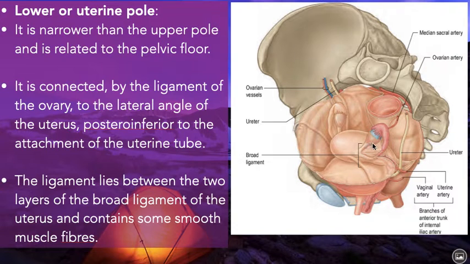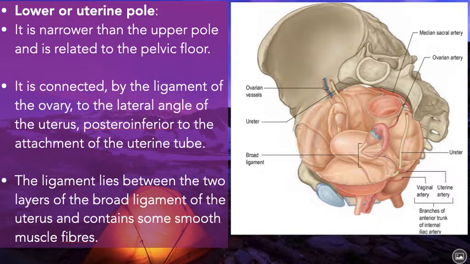The lower or the uterine pole, narrower than the upper pole, is related to the pelvic floor. It is connected by the ligament of ovary to the lateral angle of the uterus, posterior inferior to the attachment of the uterine tube. This ligament lies between the two layers of the broad ligament of the uterus and contains